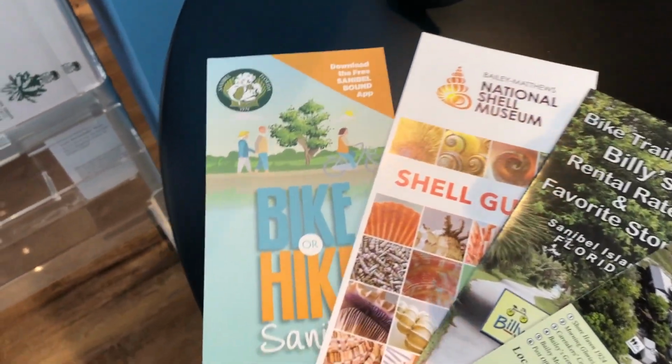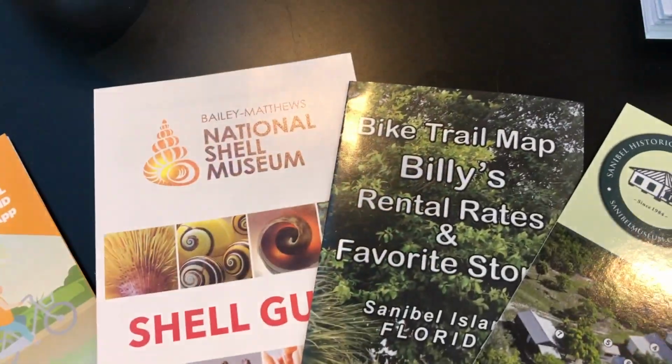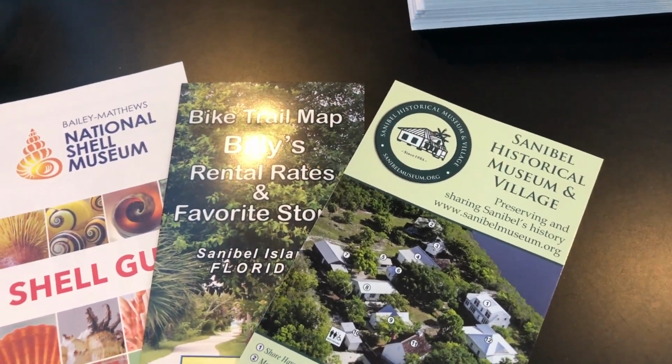We picked up these brochures: Biking and Hiking, Shell Guide, a bicycle trail map, and the Sanibel Historical Museum and Village. Unfortunately, the Historical Museum and Village is closed today. It's Monday, and they're only open Tuesday through Sunday. Well,